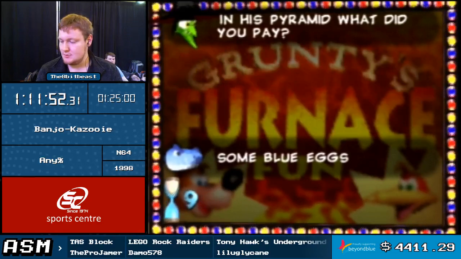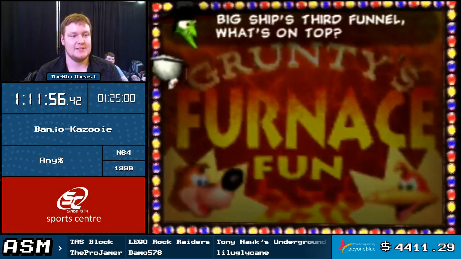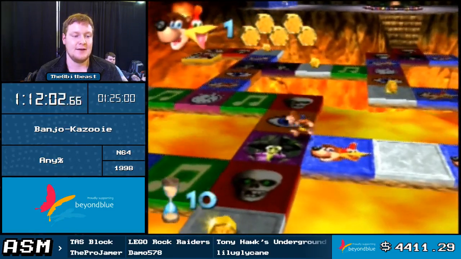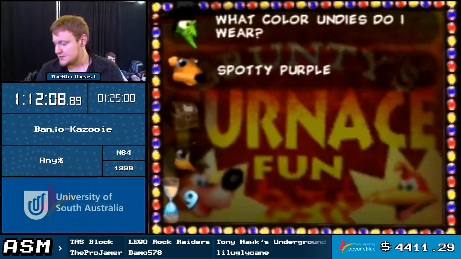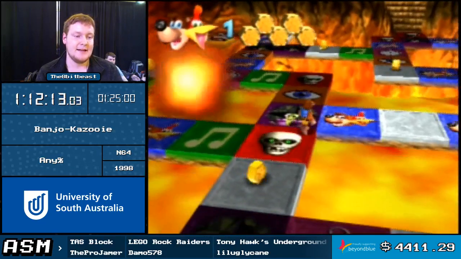Now, upcoming is a trick called Furnace Fun Skip. So right now there's sort of these invisible walls that are stopping me from walking around too far. Like, watch, if I try and walk up there, I can't. Spotty Purple's the most likely answer, and it was right. So I can't just run to the end, but I can do this, so...